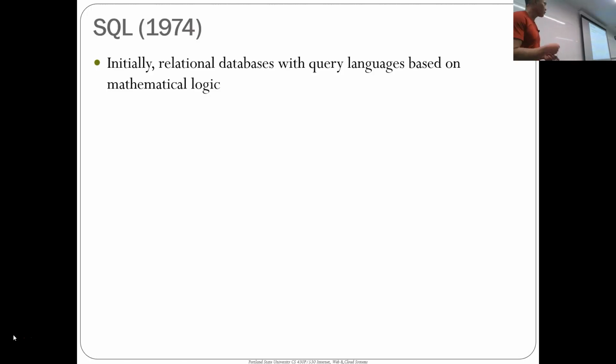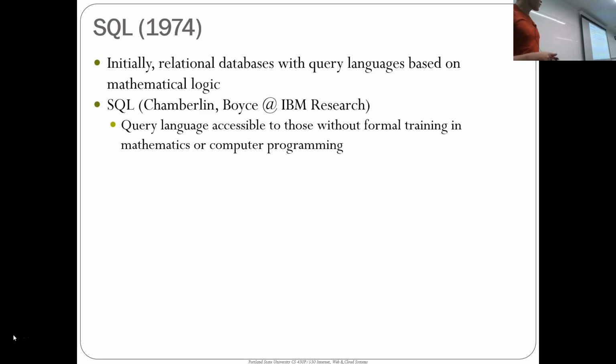So initially, we had these relational databases that stored our data, and the query language that was used to interact with these databases was based on mathematical logic. And I sort of escaped math to come to CS. And if you're in CS and you're trying to do mathematical logic to get your data out, you're like, well, I didn't escape very far. So that's where these folks at IBM,